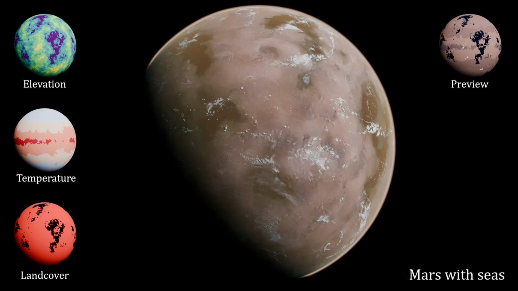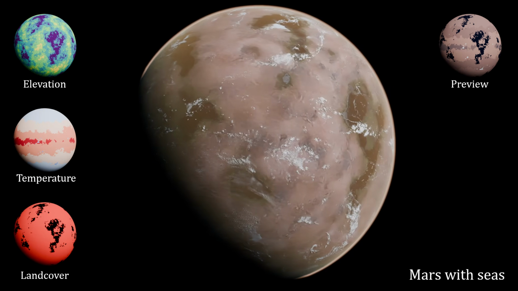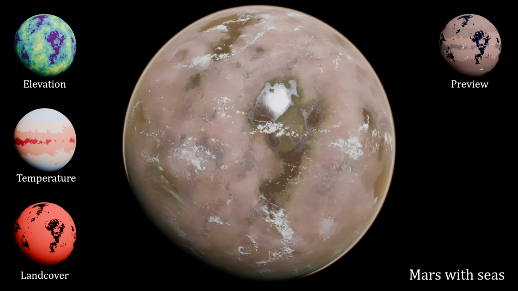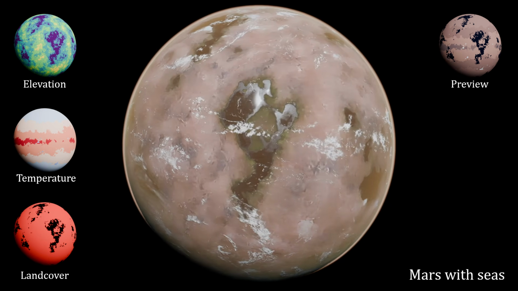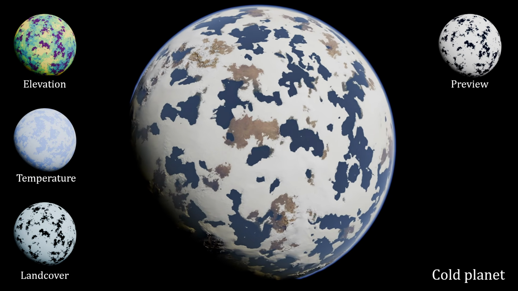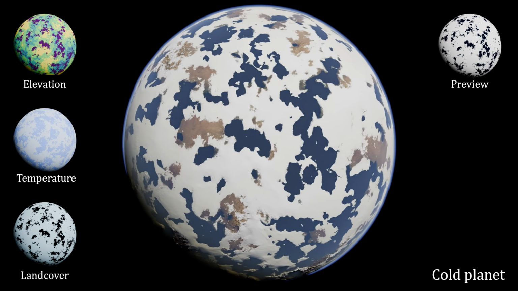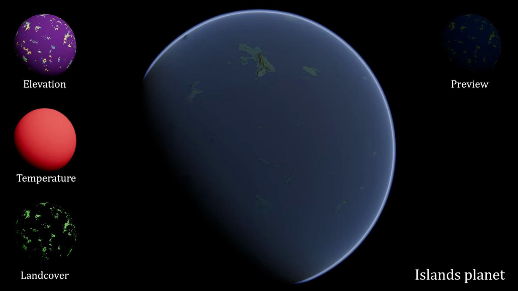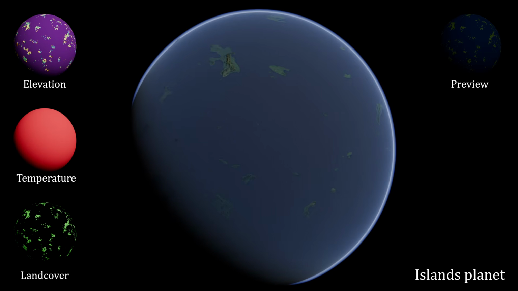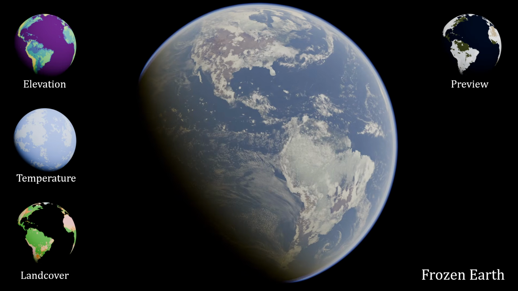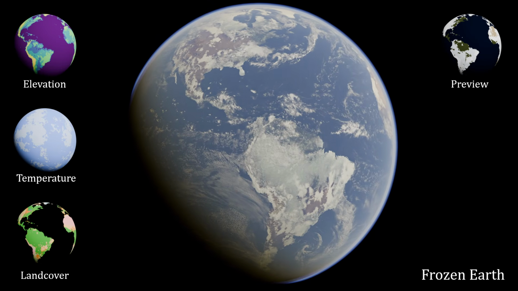such as a Mars-like planet with oceans and lush coastlines, a snow-covered planet with small oceans, a planet with a massive ocean and small tropical islands spread throughout, a version of Earth after a new ice age,